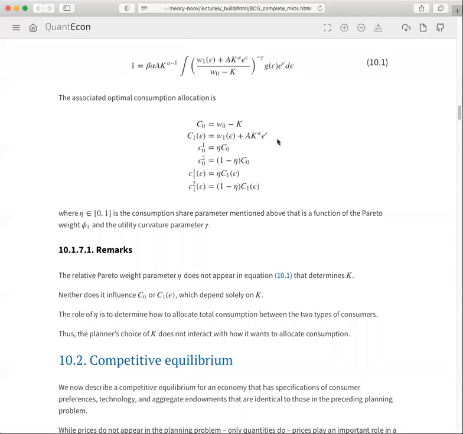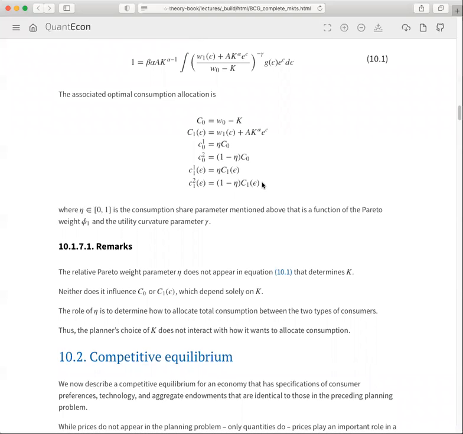Okay. So a few things to note. This is worth noting. The relative Pareto weight parameter, this ADA, is kind of a function of those parameters. It does not appear in what determines K. So the planner is going to choose the same K no matter what